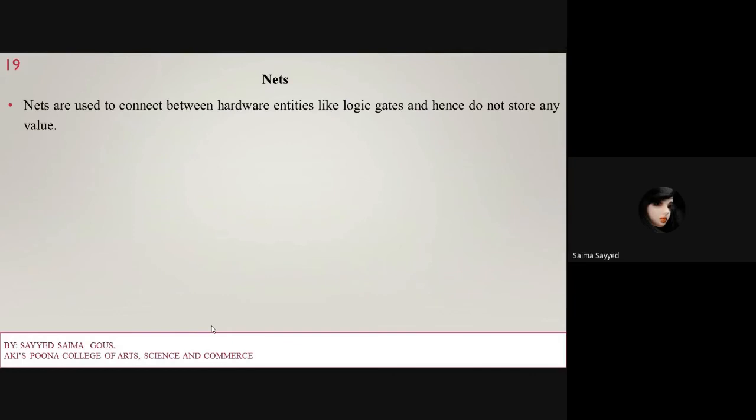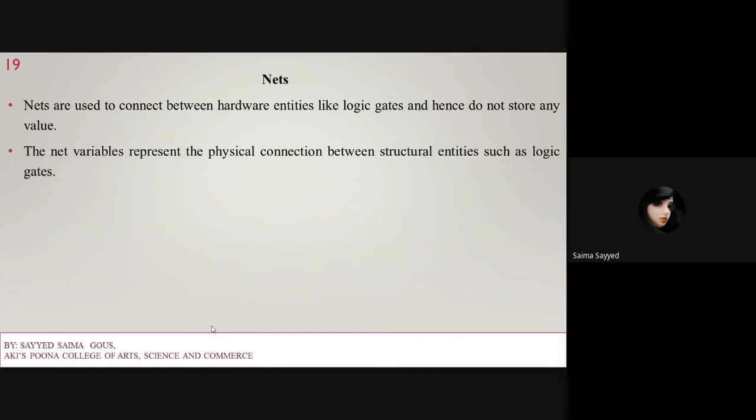Nets are used to connect hardware entities like logic gates, and hence do not store any values. They are just used to show the connections in that particular hardware with the logic gates, and they do not store any values.